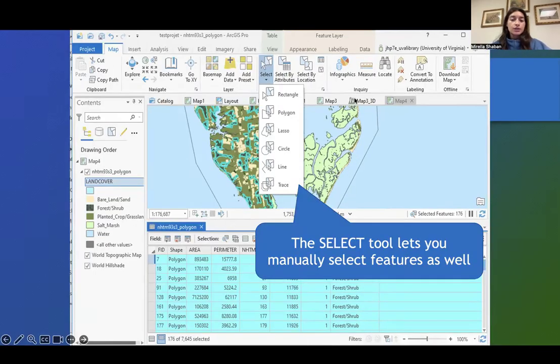So now moving on again to our select tool. We went through select by attributes, but now we're bringing it back over to select. This allows you to also do a manual selection on your screen. So some people like this, some people don't. It is something that you need to at least